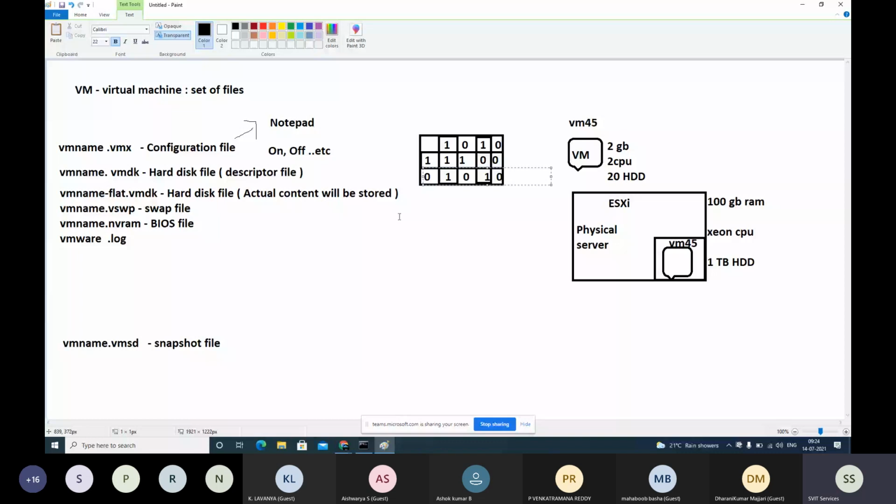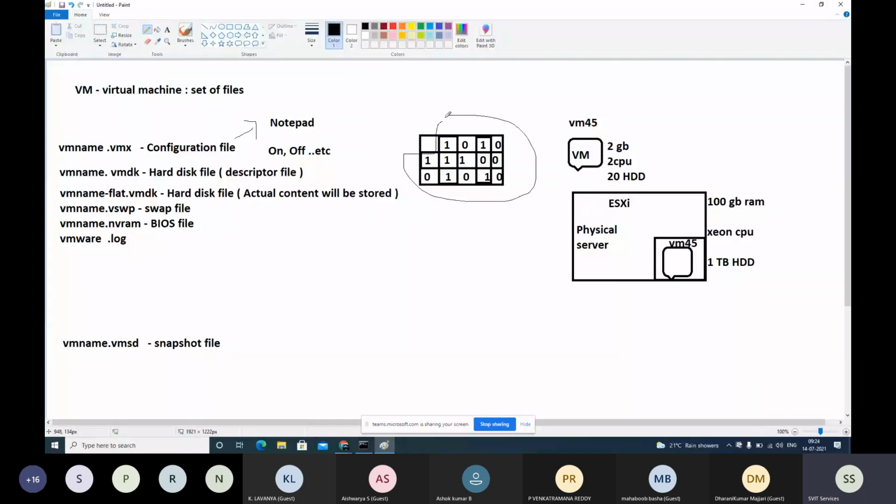And the first block is called meta block. If you go technically on the storage side, they'll call it metadata. Whatever data is stored in the first block is called metadata. Or simply, to understand quickly, it's an index. In your textbook, the first page will have an index. Let's say topic 1 is on page number 1, topic 2 on page number 10. So if you go to page number 10, the actual content about topic 2 will be listed there. That's the actual data. The first page only will have the index.